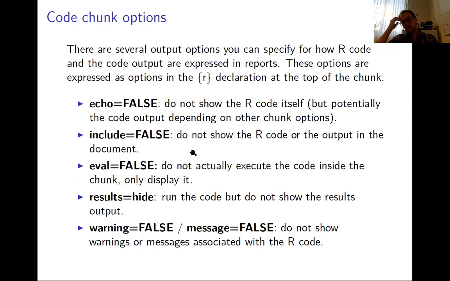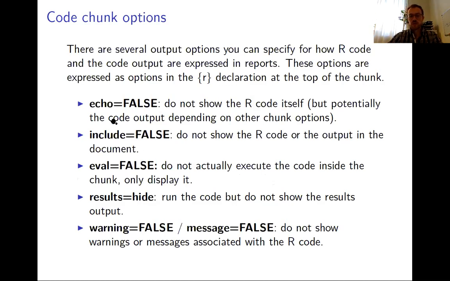Your code chunks, oftentimes you would not want to have, for example, your code shown, but only your results, for example, when you're writing a report. And there's a lot of options available in your code chunk that you can specify in the backticks, after the R, where you specify your programming language, you type a comma, and then you can specify all of these